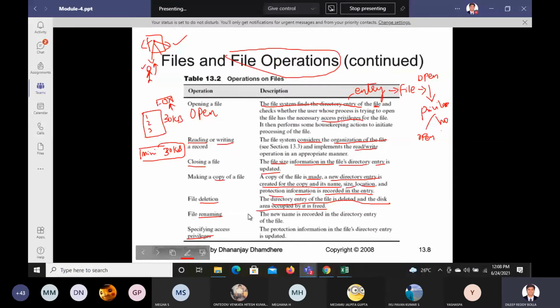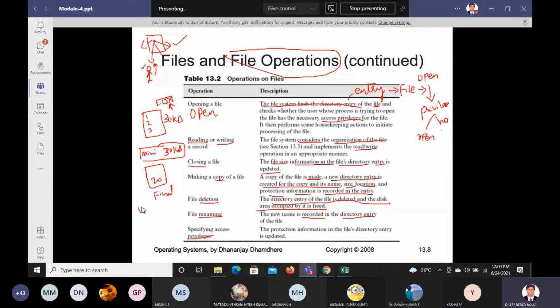So that was deletion, and next is file renaming. What does file renaming mean? The new name is recorded in the directory entry. You named it mini project, 30 KB, and after the IA you did some more, around 20 pages. That's your final copy. You just gave it the name mini and left it.